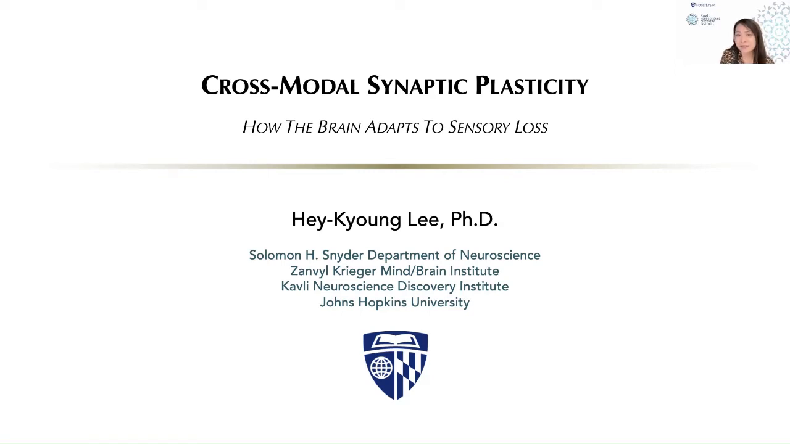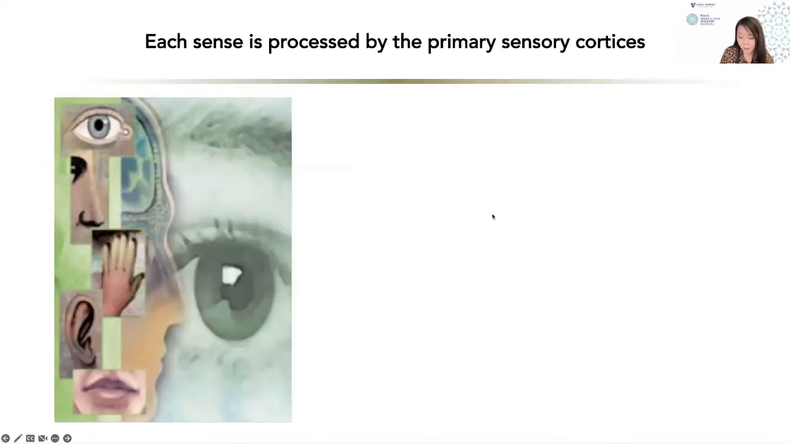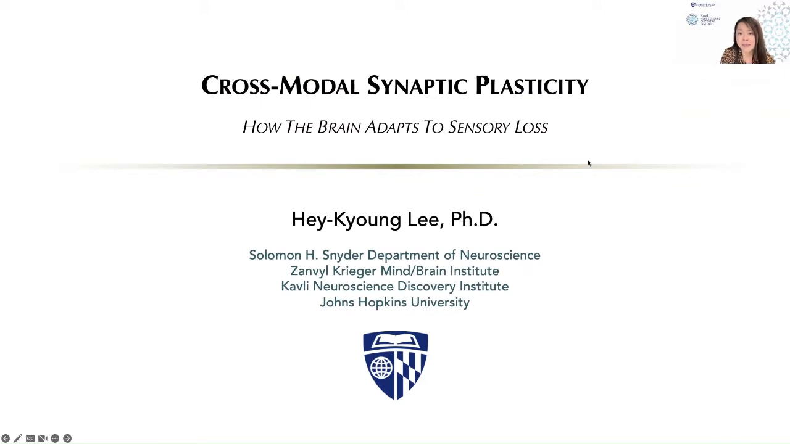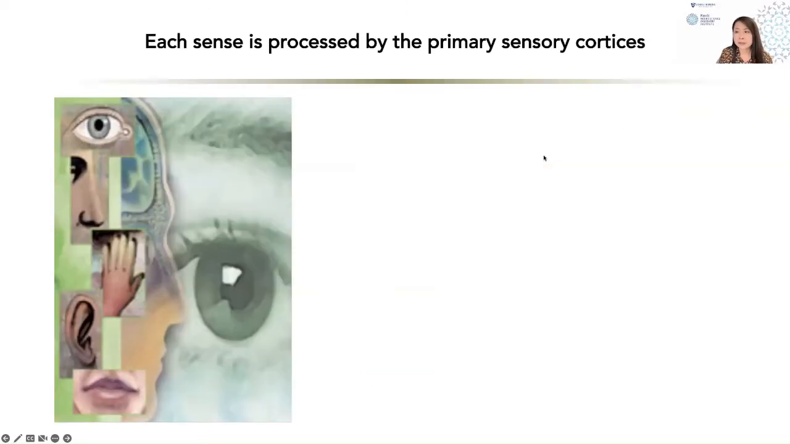My research involves understanding how the brain actually is adapting to changes in sensory experience. So today I'm going to tell you one story about cross-modal synaptic plasticity, which is just a way the brain adapts to sensory loss. So as you probably know, we experience our world with our five senses, and they